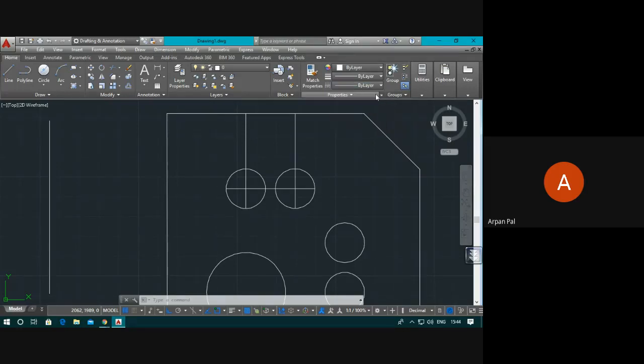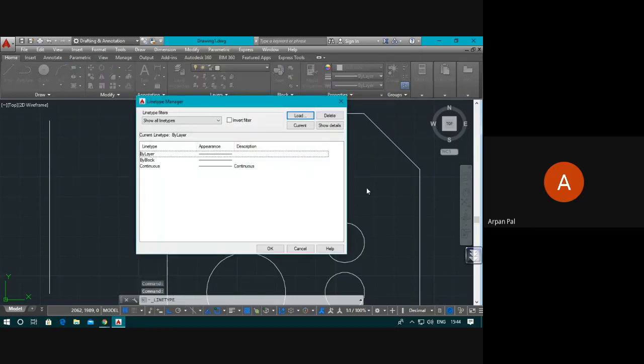If you want to change from here, then you click on other, because only this continuous line is available. You click on other. See here, only 2 types of line are available, by block and continuous. And another option is there, this is load. Inside the command box, what is written?